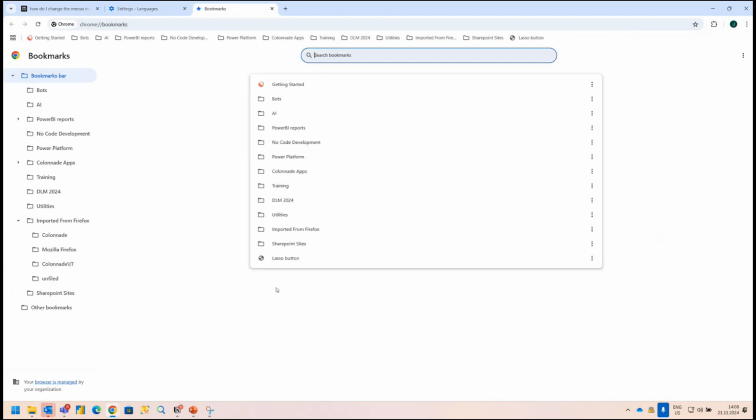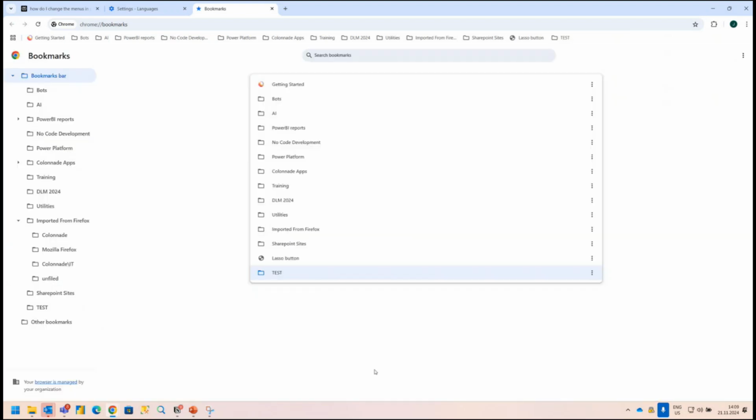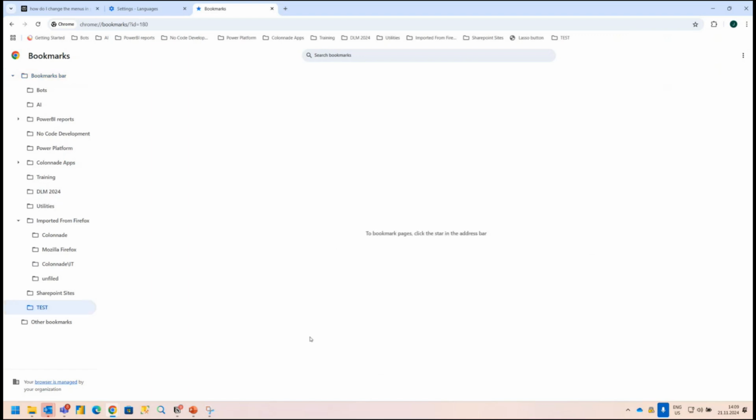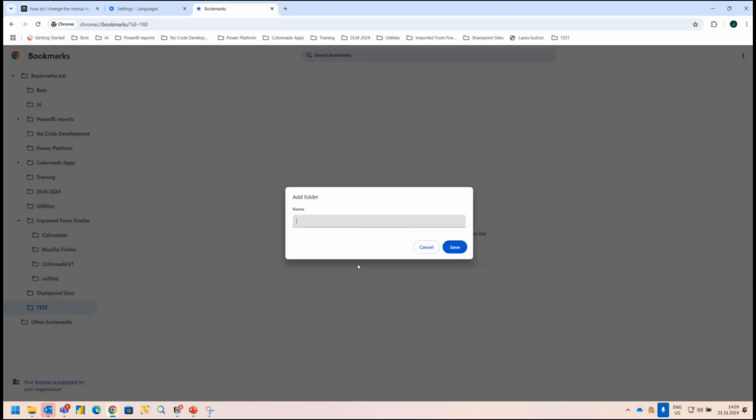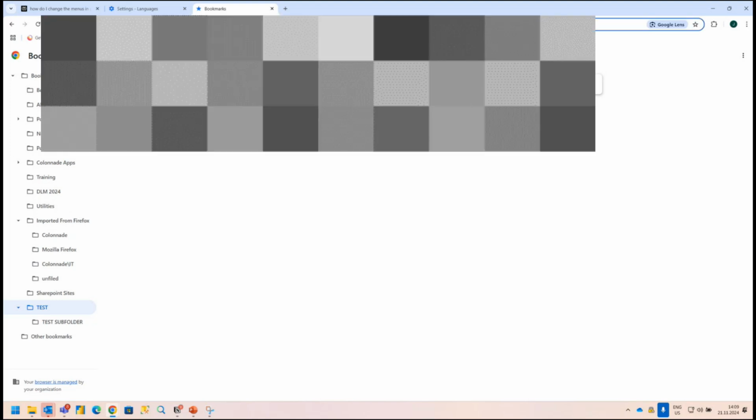And I can create a new folder, which I will call test. And then I will create the subfolder, for subfolder. And you can see that it appeared here, right? Now, you probably know that if you click this star or whatever it is, it will just add the current page to your bookmarks. But what I discovered recently,